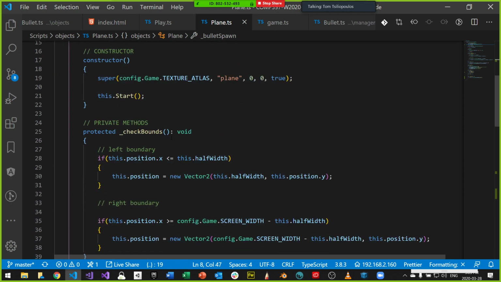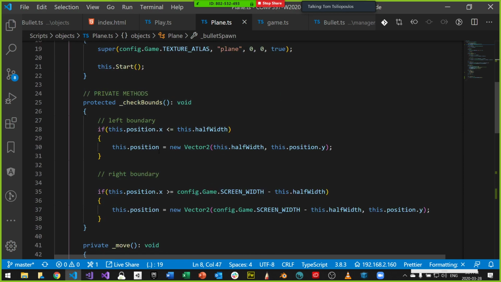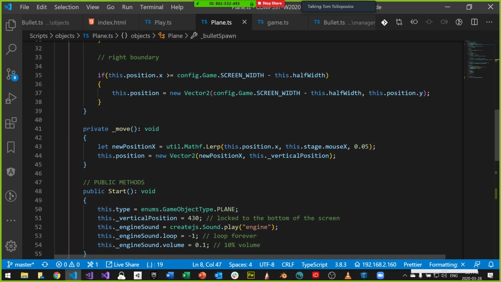What we want to do is move the bullet spawn object with the plane. So every frame, when I move my plane, I'm also going to move my spawn point.